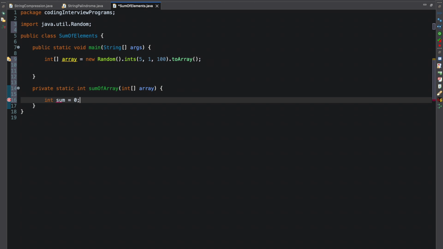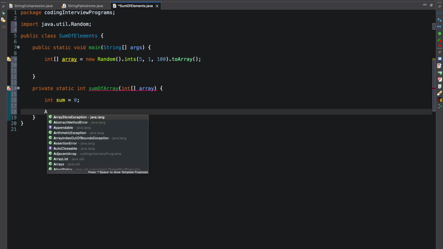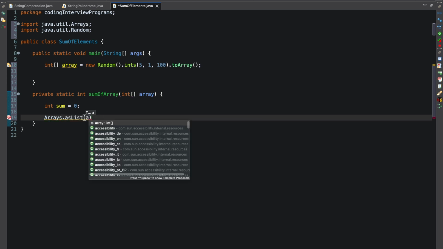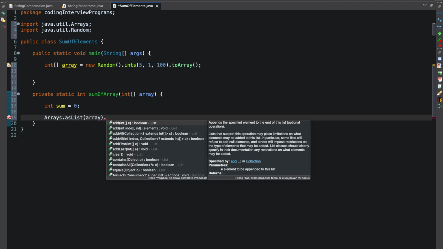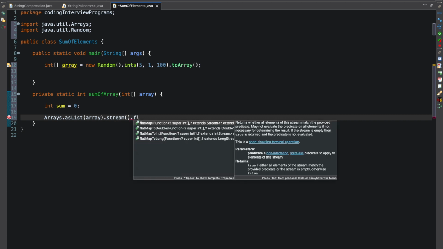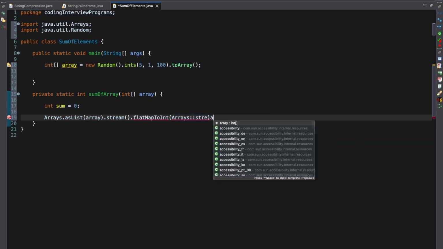declare the sum variable. What I'll do, I will not use any loop. Instead of that, I'll use the stream, and then I'll generate the sum of elements from the array. First I will create a list of the array. So Arrays.asList, I would pass the array, then I would say stream, dot flatMapToInt. I'm just converting the value to integer. I'm passing the stream here,